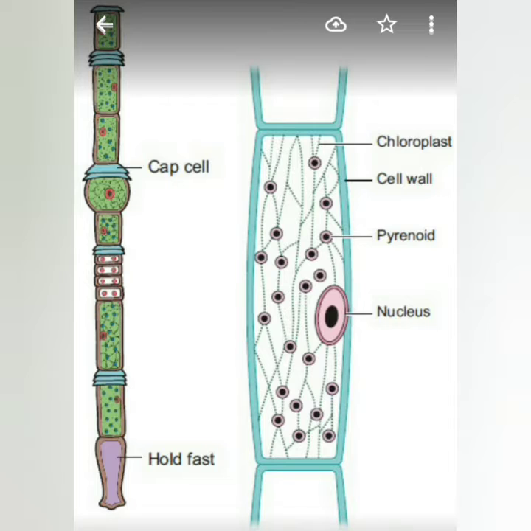They will attach their body through this holdfast, you can see here. The holdfast looks like a stalk. It is a stalk by which the alga is attached to the substrate. And a substrate, like I said, can be anything, a stone, wood, leaves, or anything. So they will get attached to the substrate through this holdfast. But some species of Oedogonium are also terrestrial.